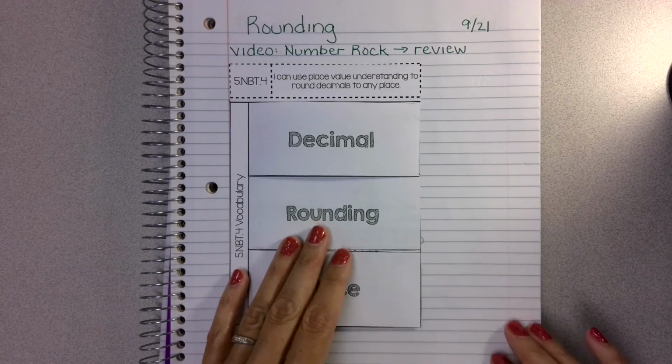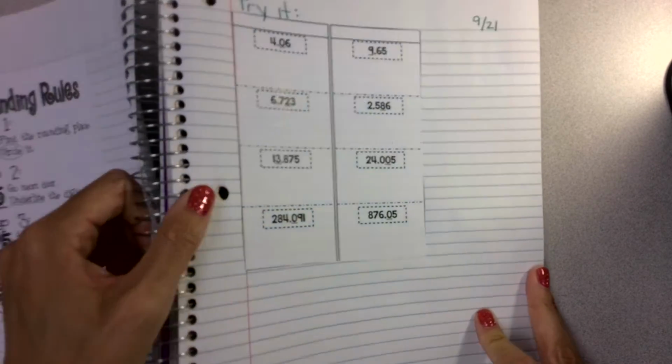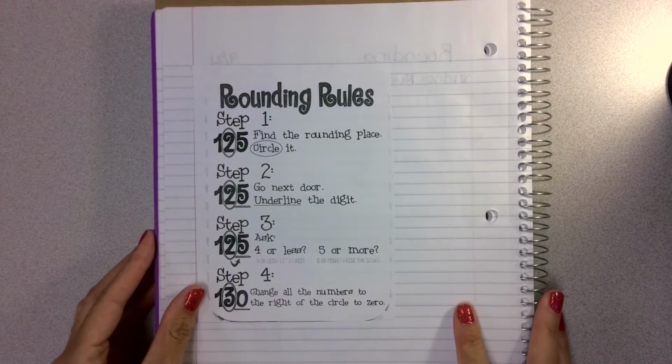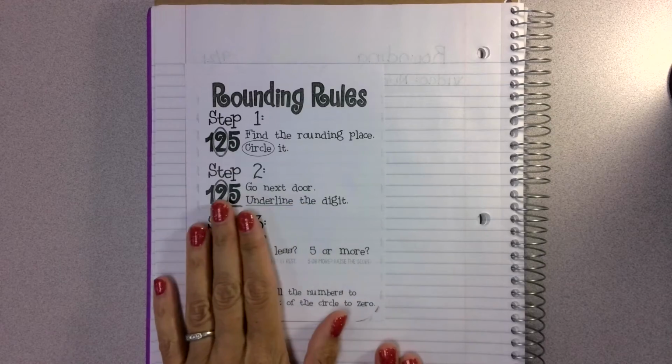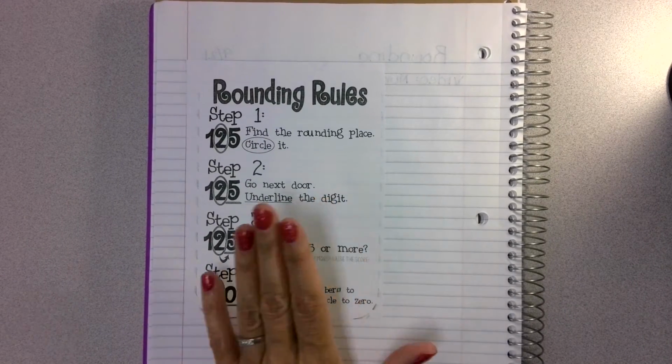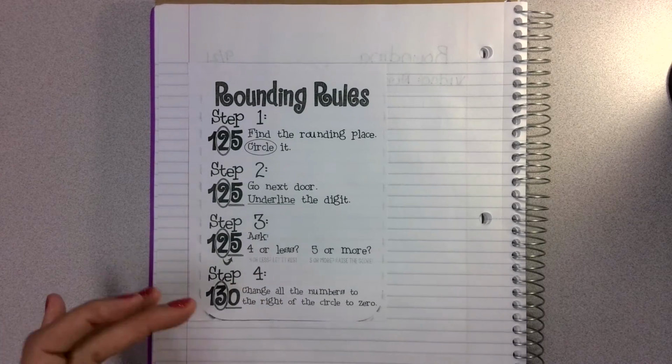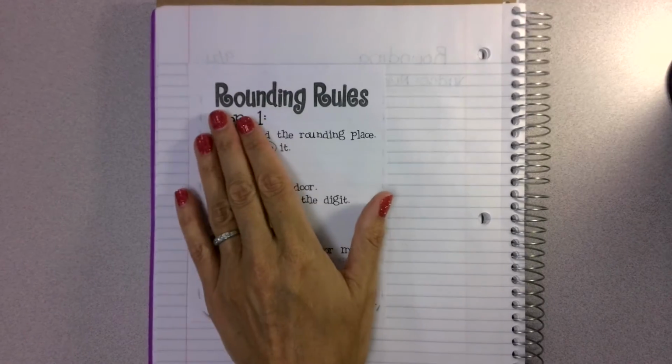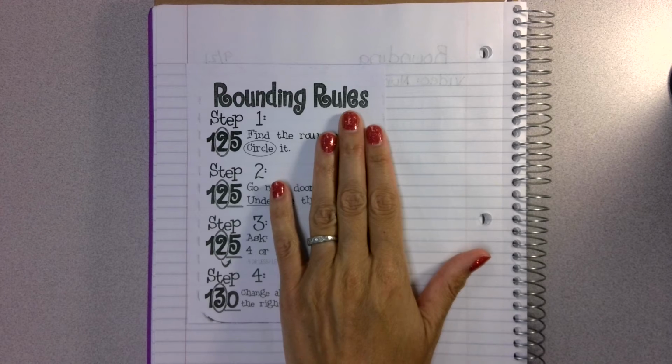All right, another thing that I gave you to print out, I forgot to put it in some of the packets. If you don't have this, you can just write it down. It's okay. Normally I've always written it down, but I happen to find this organizer. Okay, so the rounding rules. You have to follow